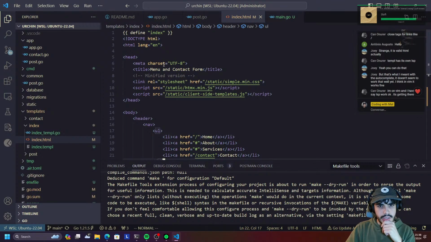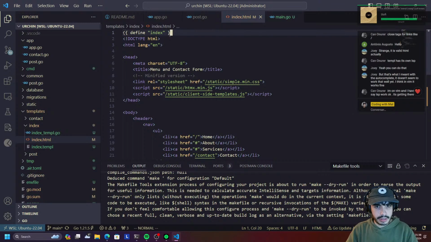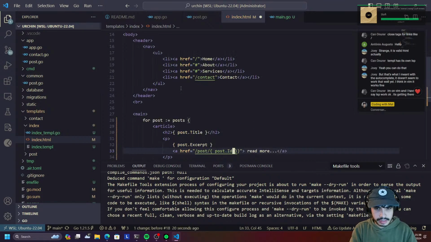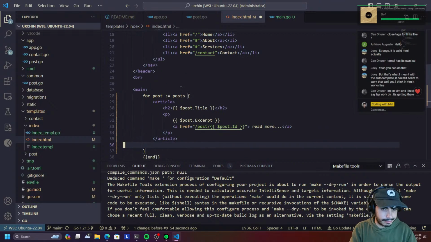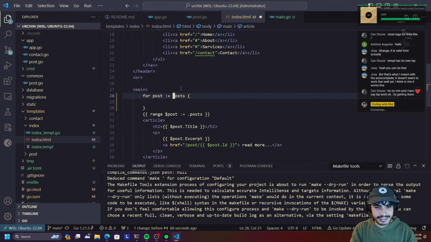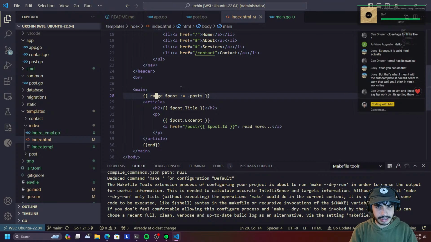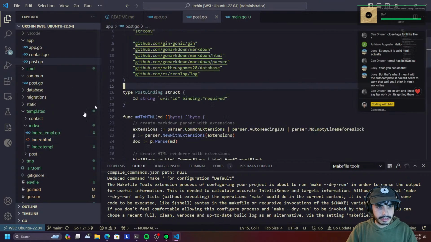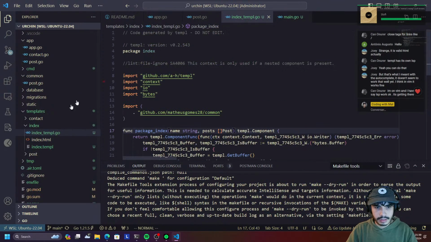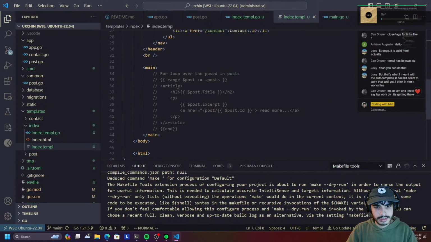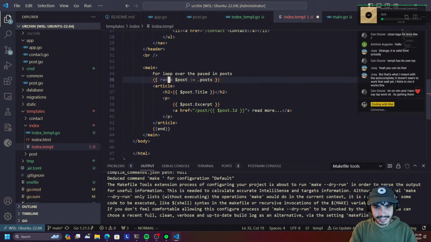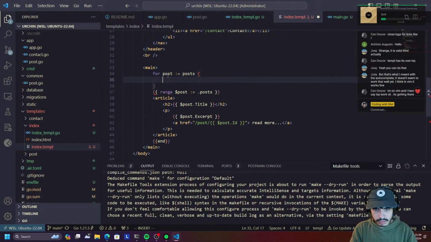Now, cool. Well, in essence, that's going to create me a... Oh, what am I doing here? Oh, I've edited the wrong file, guys. That's why the for loop is not highlighted. I was wondering why the IntelliSense is not recognizing that. It's because I'm on the wrong edit. I should have been doing this one. There you go. If we do this now, and if we do a for post in posts, does it work